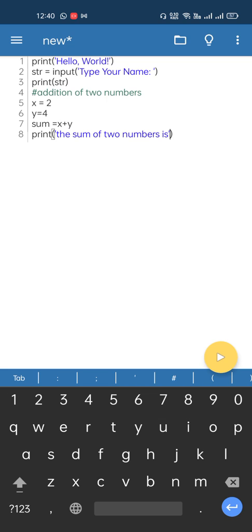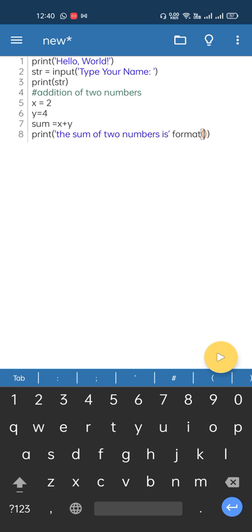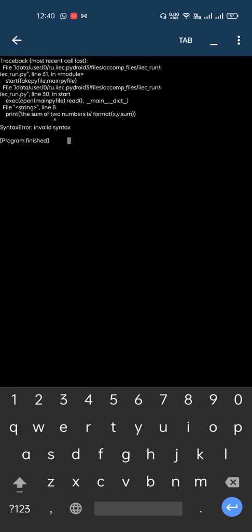Then I'll write dot format, again in brackets, x comma y comma sum. Okay, let us see if some syntax is there.